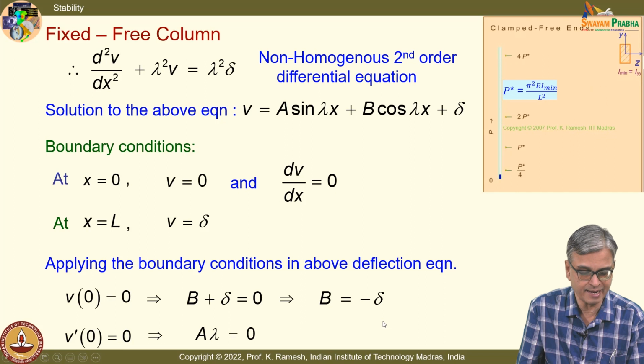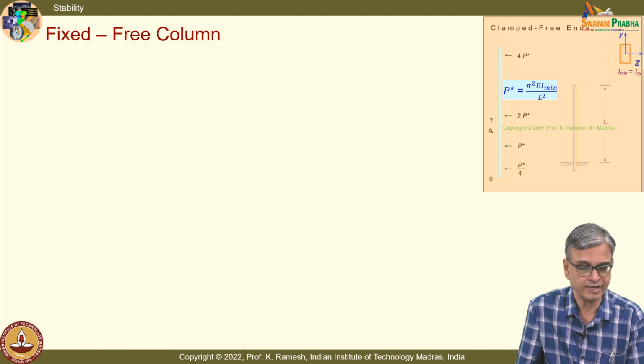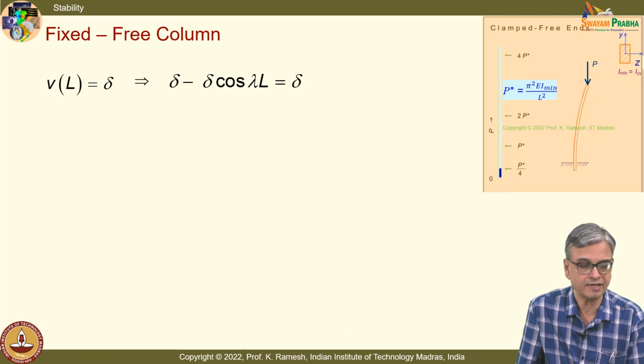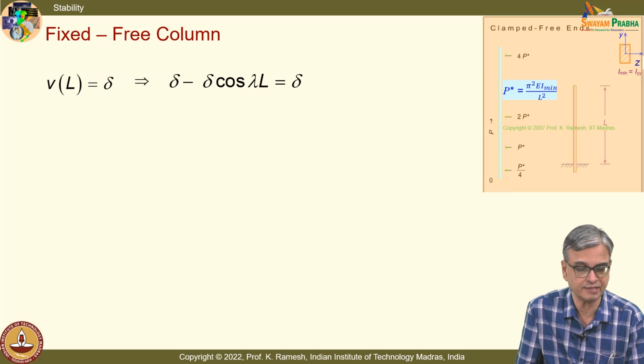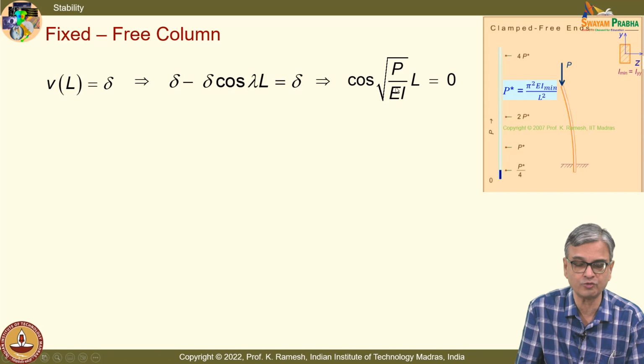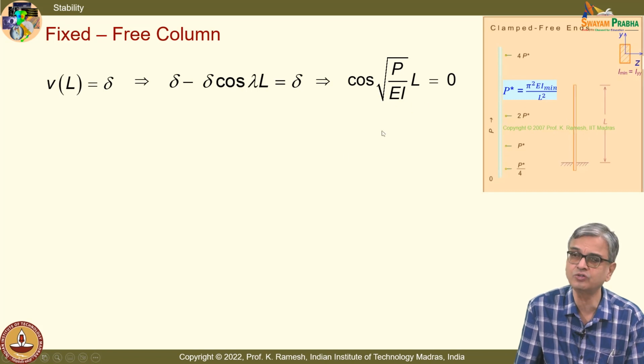So, this gives me A lambda equal to 0, so A equal to 0. So, when I substitute all of this, v of L equal to delta, I get delta minus delta cos lambda L equal to delta. So, this gives me again cos of square root of P by EI times L equal to 0, identical to the solution we have got,